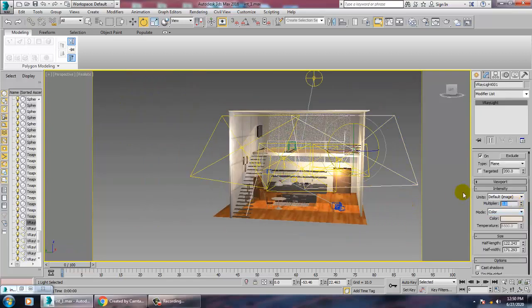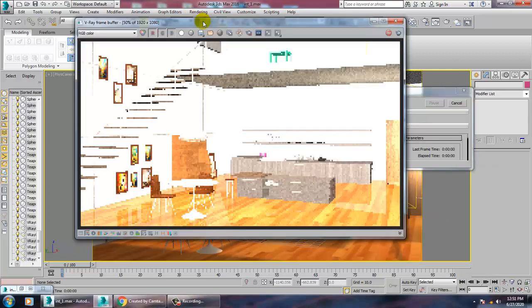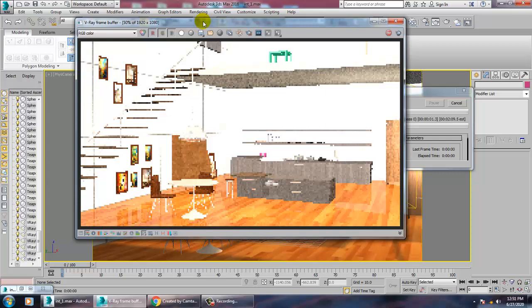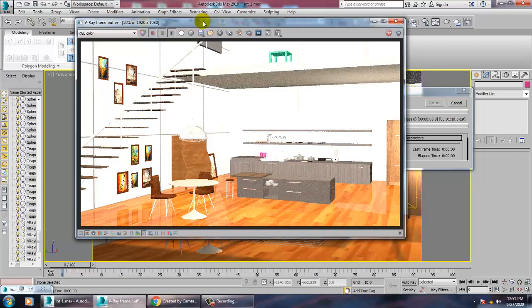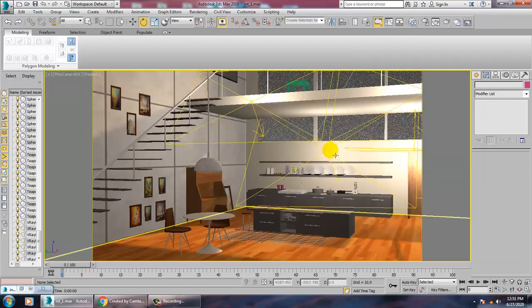We can take this as 1, take this as 1, and let's render and see how it looks. It's too high.